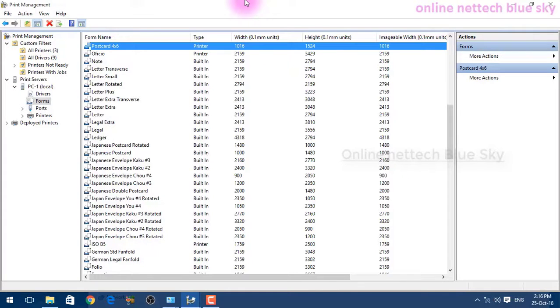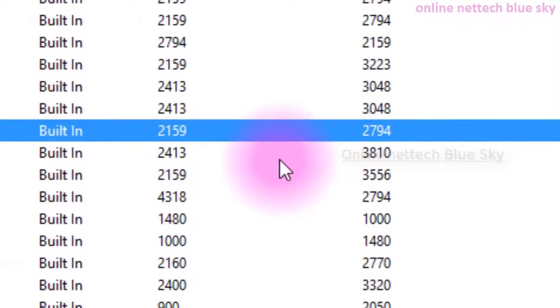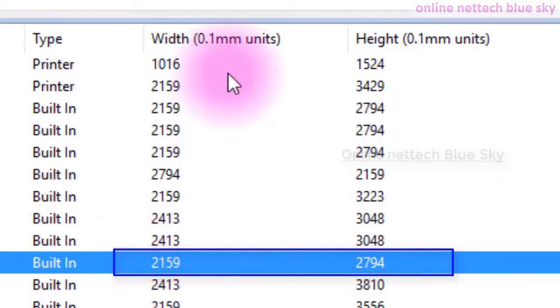So all of this is mentioned in these form systems here, you can see. The letter type and different types are always defined by your printer, and you are always checking this height and width here. So that is very important for you, maybe you do not understand later how many letter width and height. So you can check here and you can select and you can find out here.